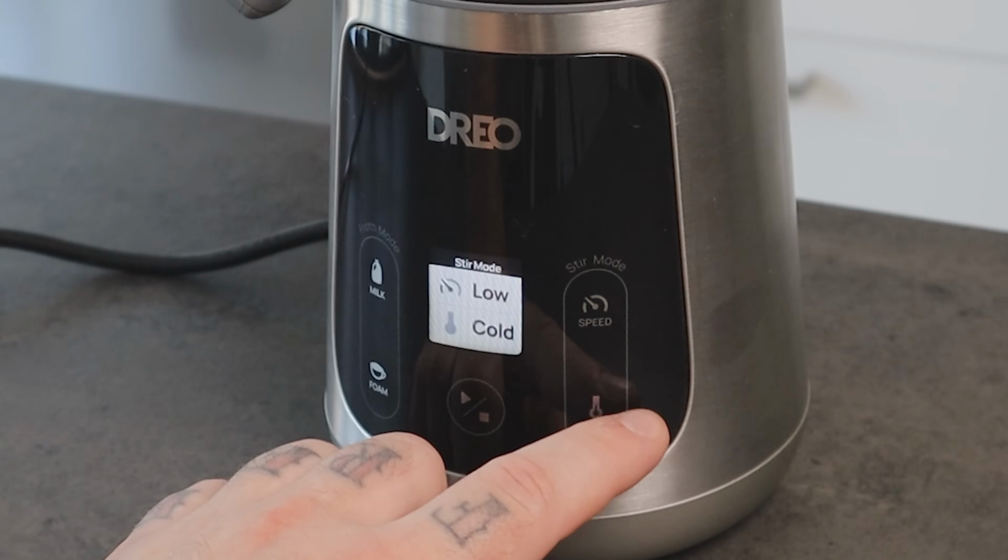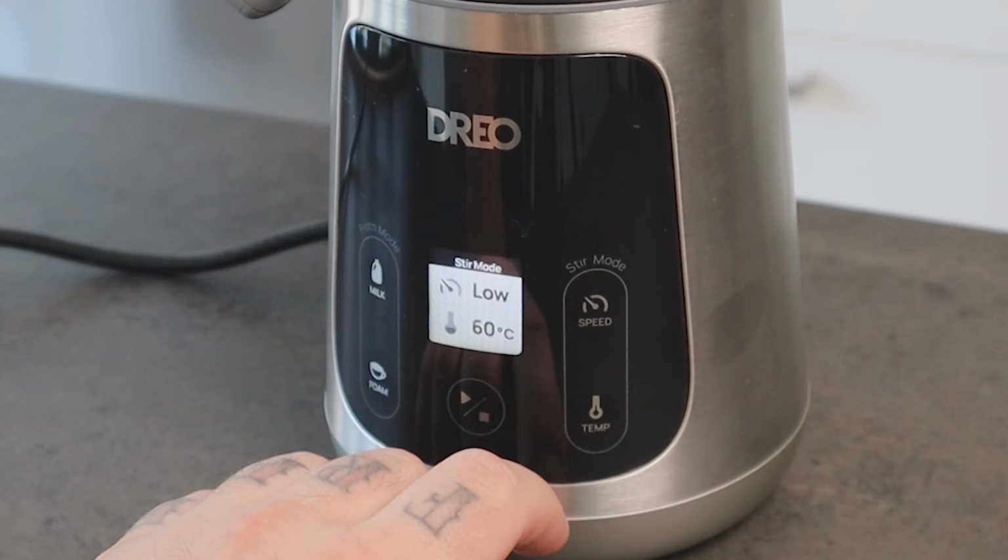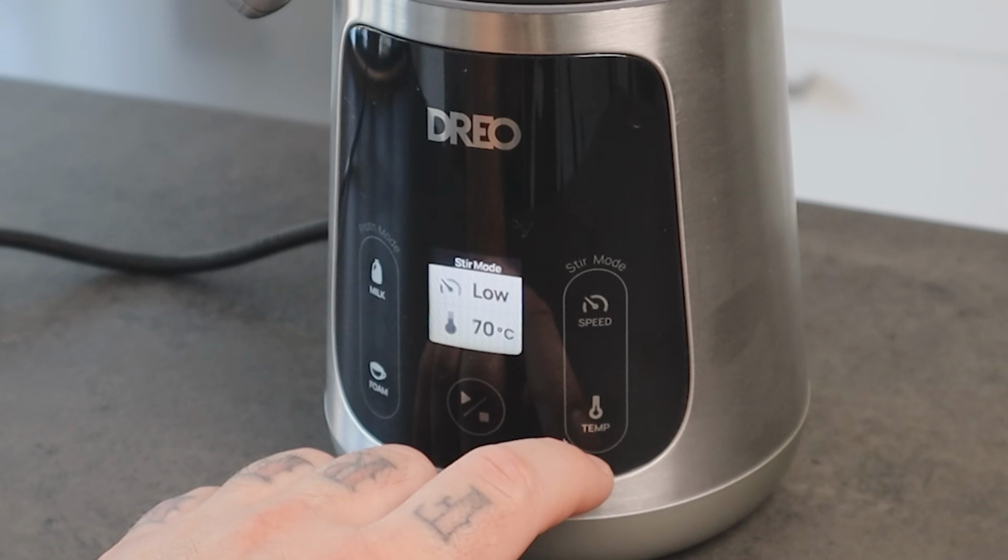So I didn't really try the stir mode a lot, but when you use that mode, they suggest using the disc tip. You can select low or fast speed and also the temperature that goes from cold, 55, 60, 65, 70 and 75 degrees Celsius. You can also switch the temperature from Celsius to Fahrenheit or vice versa by holding the temperature and the foam buttons for 5 seconds. It doesn't have the option to obtain extra hot milk, and this is to keep the integrity